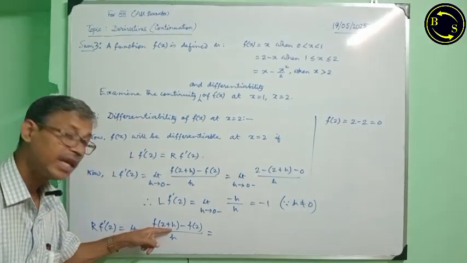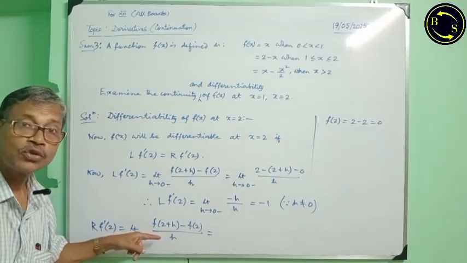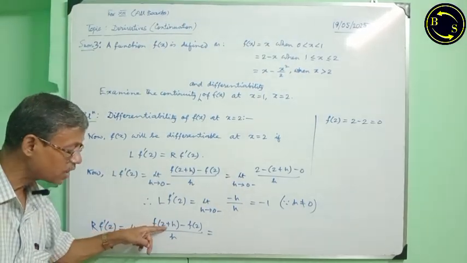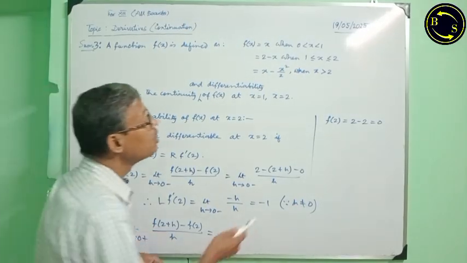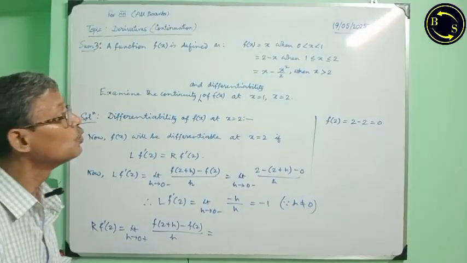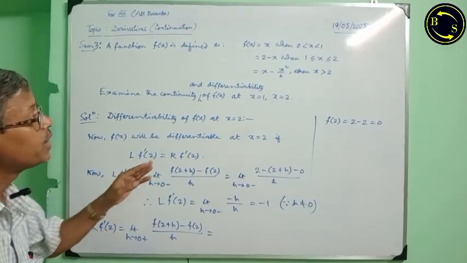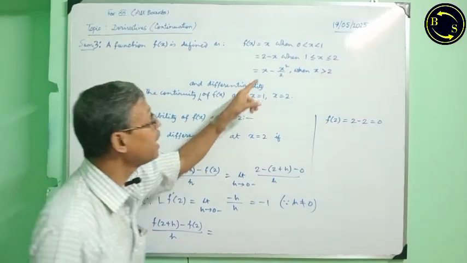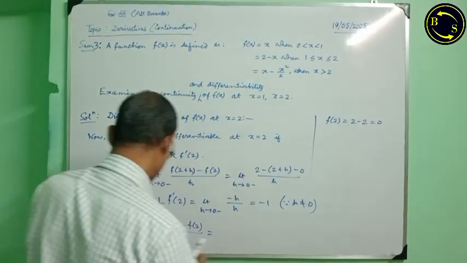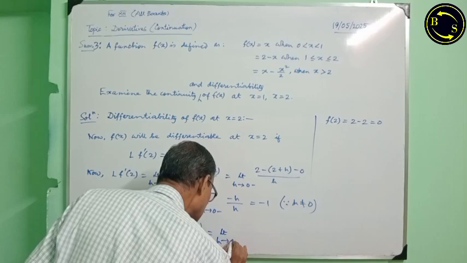Therefore 2 plus h is greater than 2. We have to find, in that case, f(2 plus h), that means we have to use this condition, x greater than 2. Therefore f(2 plus h) will be obtained by substituting x by 2 plus h in this expression. Therefore limit h tends to 0 plus,